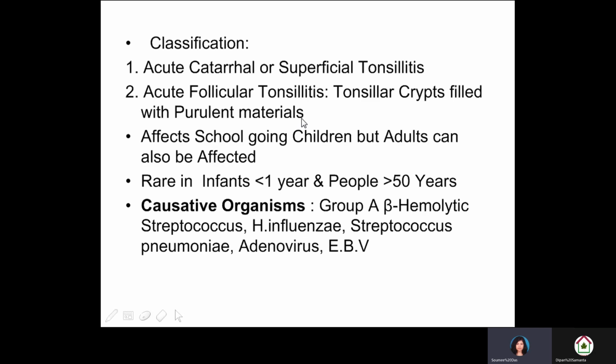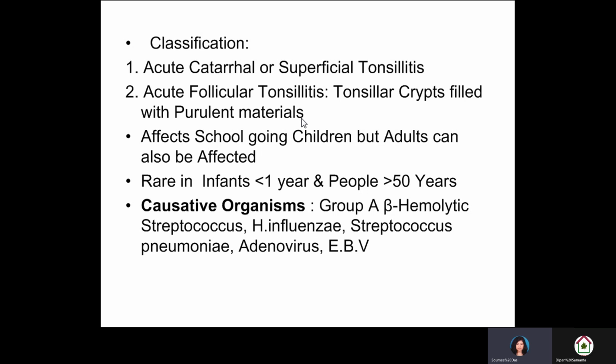Classification: acute catarrhal or superficial tonsillitis, and acute follicular tonsillitis, where the tonsillar crypts are filled with purulent material, or pus. Okay, pus filled or suppurative material. It affects mainly school going children, but obviously adults can also be affected. It is rare in infants aged less than 1 year, and this is also rare in people over 50